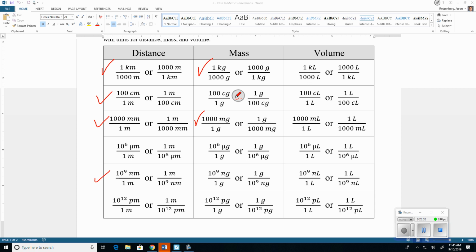And quite honestly, ladies and gentlemen, there's only one that we truly use often in this class for volume, milliliter to liter. I'm not saying that we can't assess you on other options or even on a worksheet, but these are the ones that hopefully you're more comfortable with. So, if you flip to the back side of this worksheet,